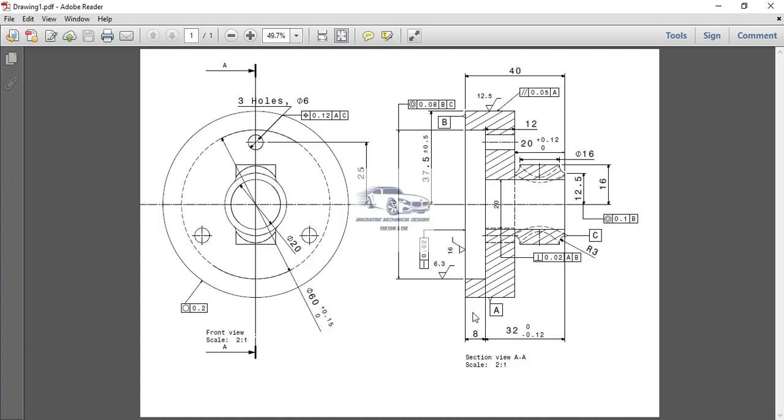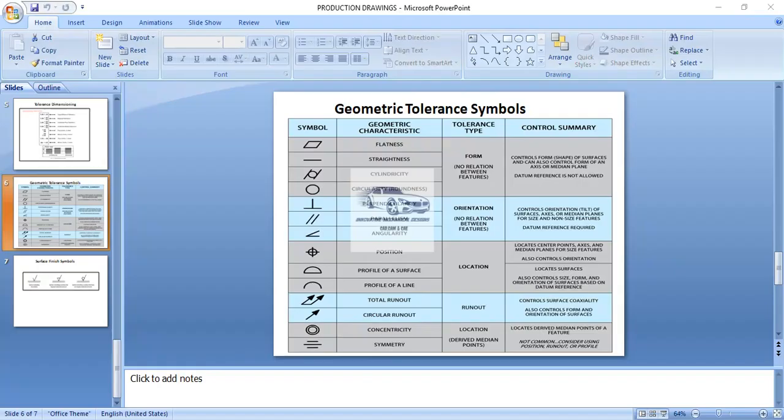Now always remember, in every geometrical tolerance it is not necessary to mention the datum symbol. For example, the geometrical tolerances of form like flatness, straightness, cylindricity, circularity, they don't need a datum feature, but rest all the geometric symbols they require a reference datum feature.